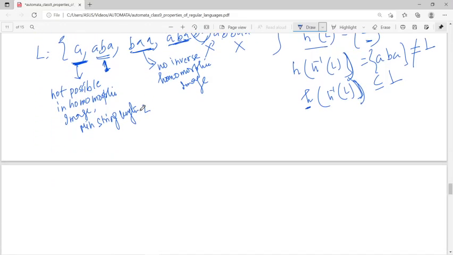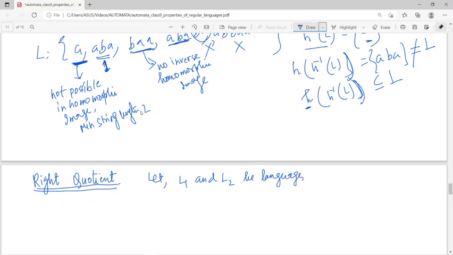So there is also another mathematical concept that is called right quotient. You just know the mathematical operation because that is important. So let L1 and L2 be languages on the same alphabet,